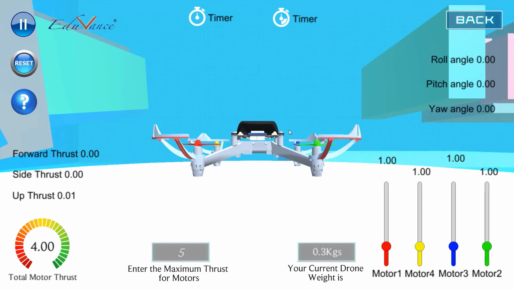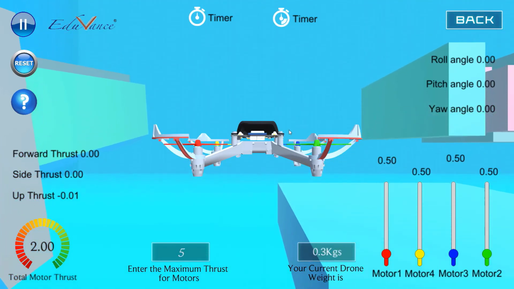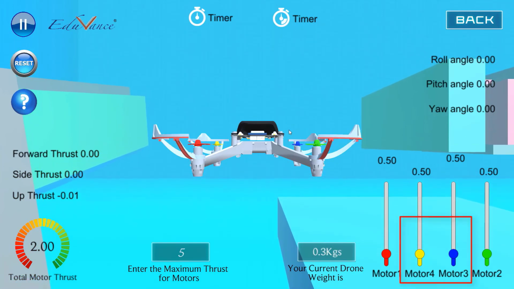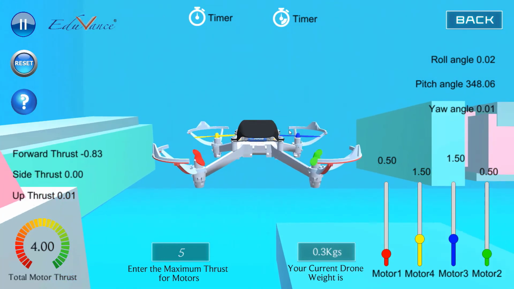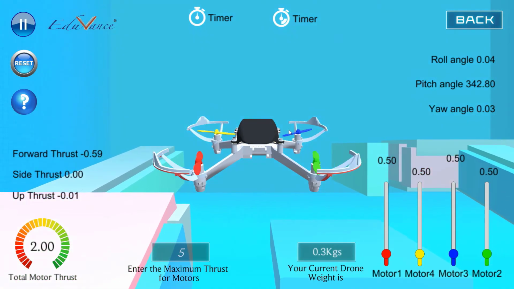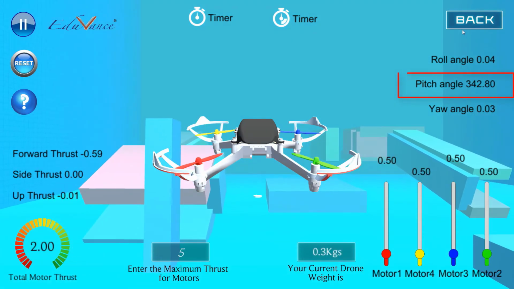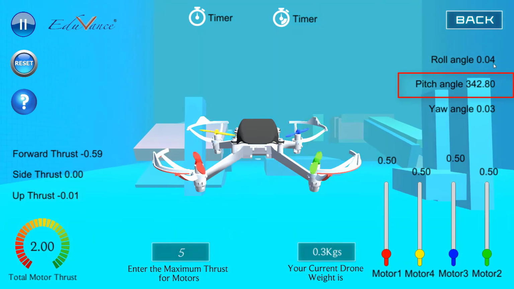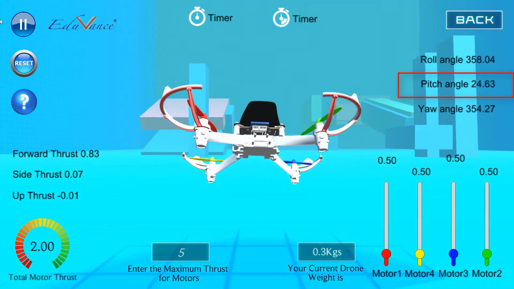We increase all the four motors. Now to make the drone hover, we reduce a little bit. Now I'm going to increase motor 3 and motor 4. So you will see the drone pitch in the reverse direction, and to stop it, I make it equal. So the concept is the same. And here you will see that the pitch angle is negative. So you will see a different number here, and the collision has happened. Don't worry about that. Let me show you again.